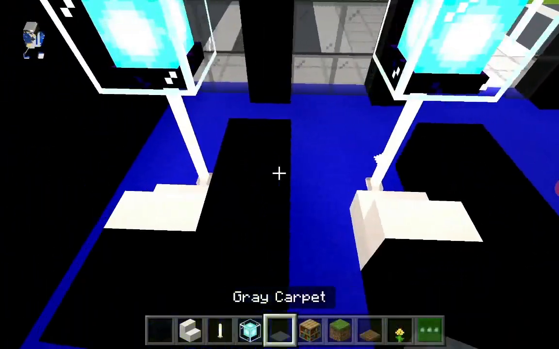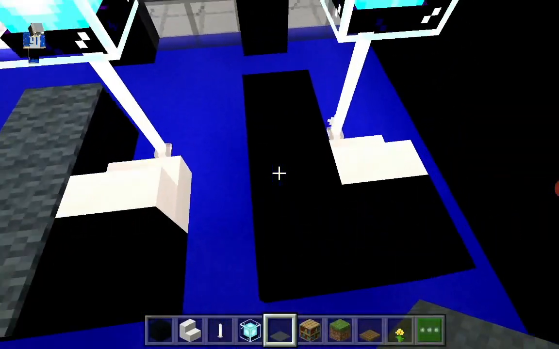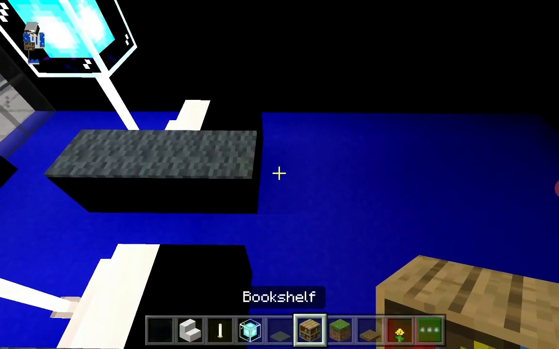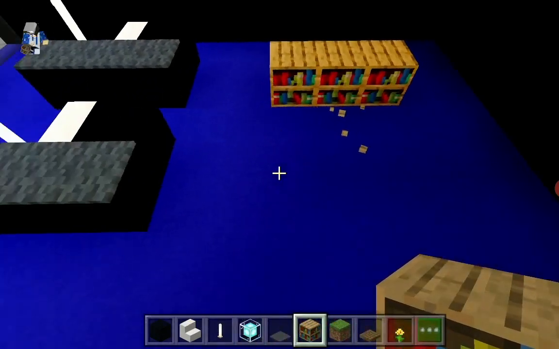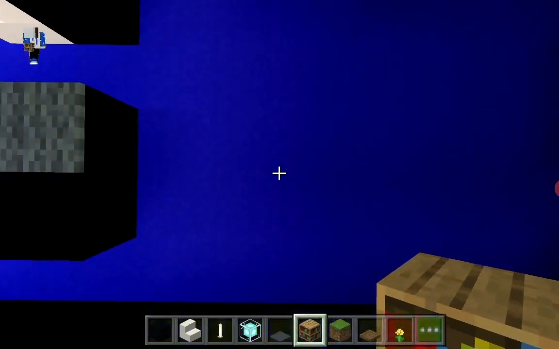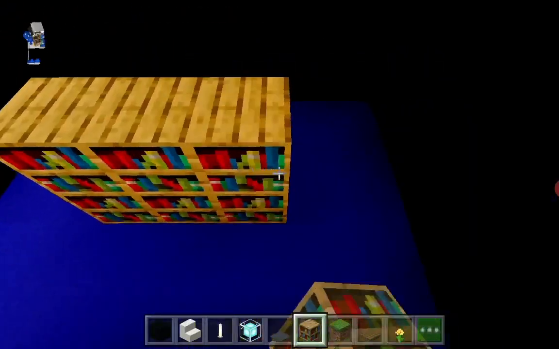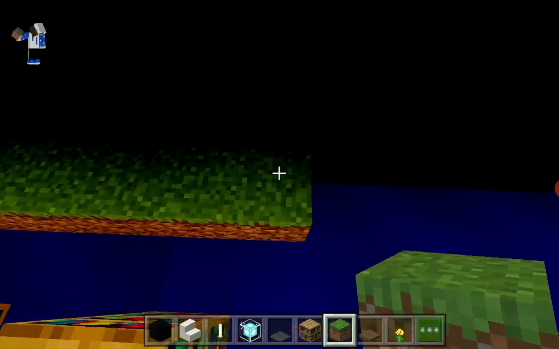Perfect. In which we're going to make a conveyor, which is grey carpet next to the stairs, not the black concrete which we extended behind the stairs, in which we can place bookshelves. So we leave a gap of 2, place 3 bookshelves. We are going to do the same, like so. And we extend all these bookshelves by just 1 row like this, in which we can place 1, 2, 3, 4, 5, 6, 7, 8